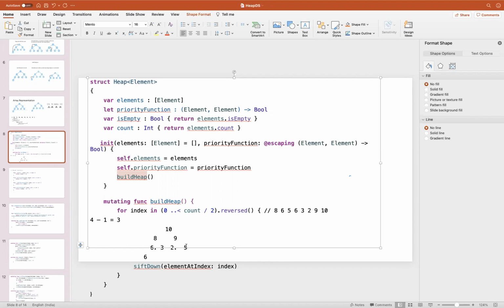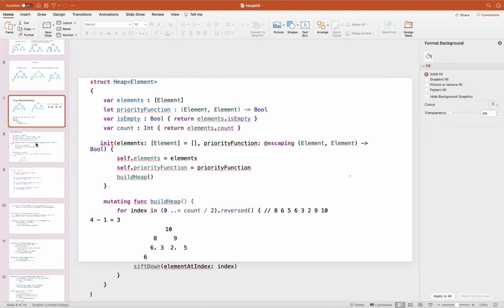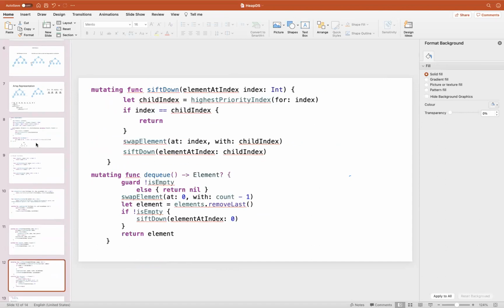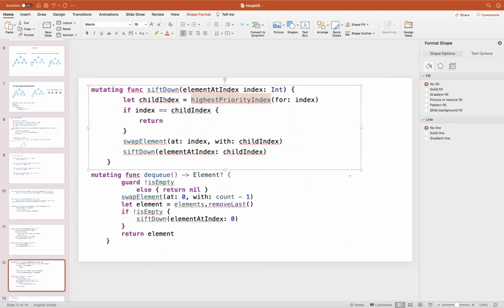Yes, Abhishek. I think you missed the shift up function here, because you also need to compare the leaf nodes. Shift down is to compare with parent, and shift up is to compare with leaf. No, shift down is to compare among the highest priority index, meaning I have to calculate the child index for the given parent index.